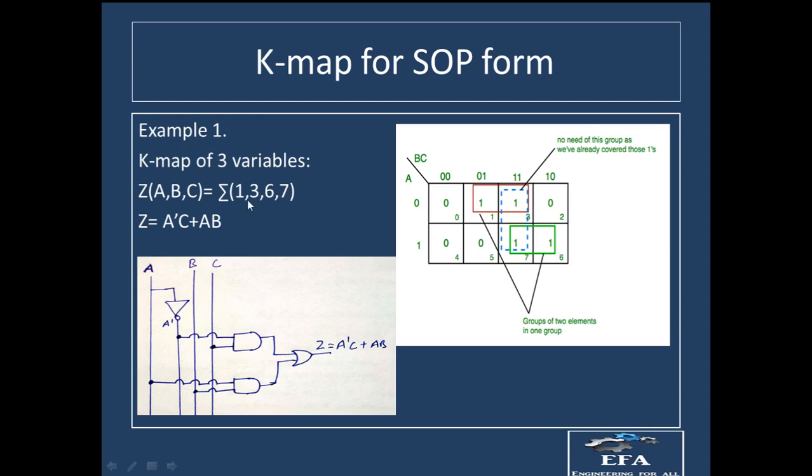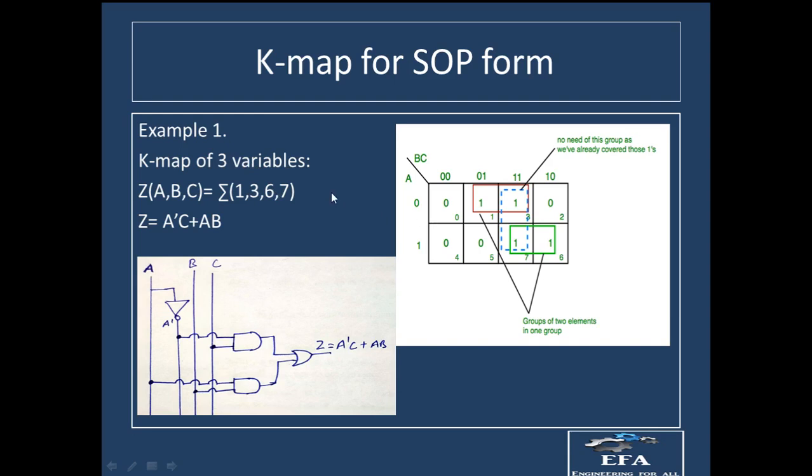In your examination, only this part will be given, and it will not be stated whether this is a 2 variable, 3 variable or 4 variable problem. So we first need to identify it. How can we identify it? We can identify it with the help of the number of inputs. We have A, B and C as inputs. With three inputs, the number of cells we require is 2 to the power 3, which is 8. Therefore we need a 3 variable K-map with 8 cells.